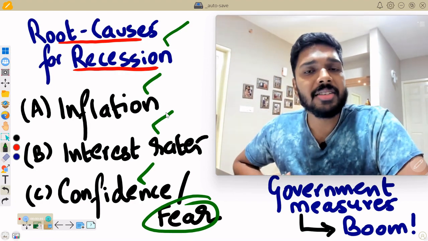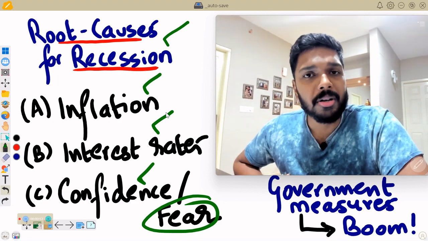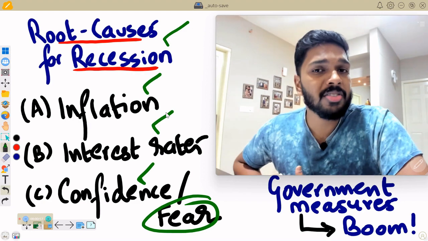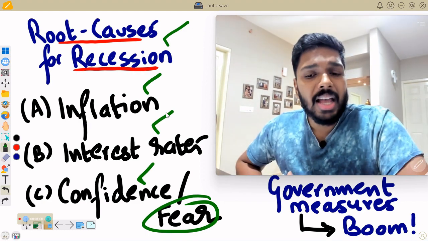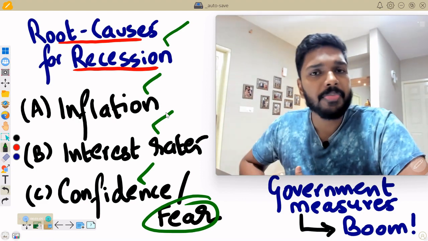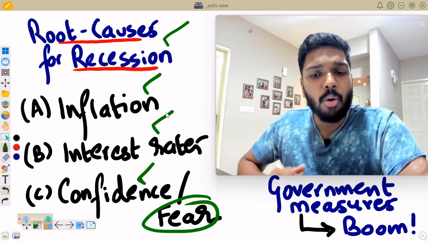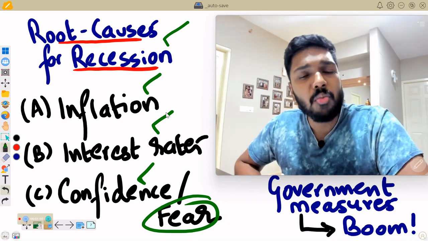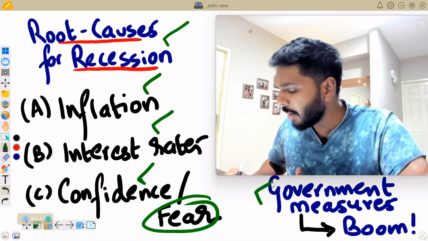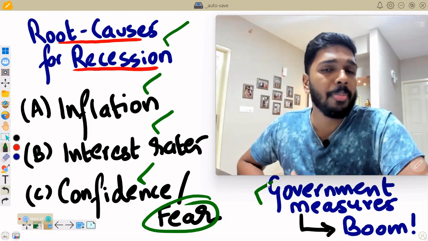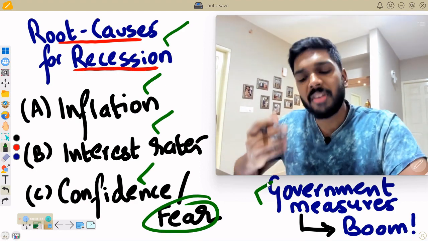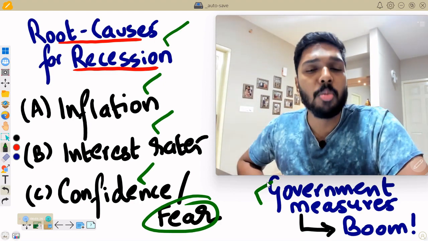Well, the fact here is that recession is very normal. In fact, up to 2007, there were 120 plus recession cycles all across the world, and therefore every country is bound to go through a recession cycle or recession phase. But it depends on how long you are able to sustain and when you're able to get out from this vicious cycle. So therefore the government should definitely come out with some interesting schemes, employment opportunities, subsidy schemes, controlling the interest rate, etc., which will probably take the country out of the recession phase and move it to a booming phase.